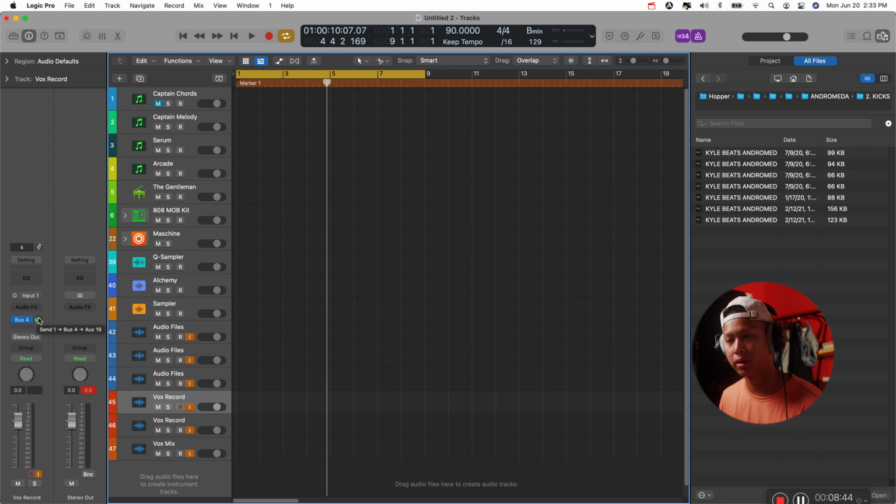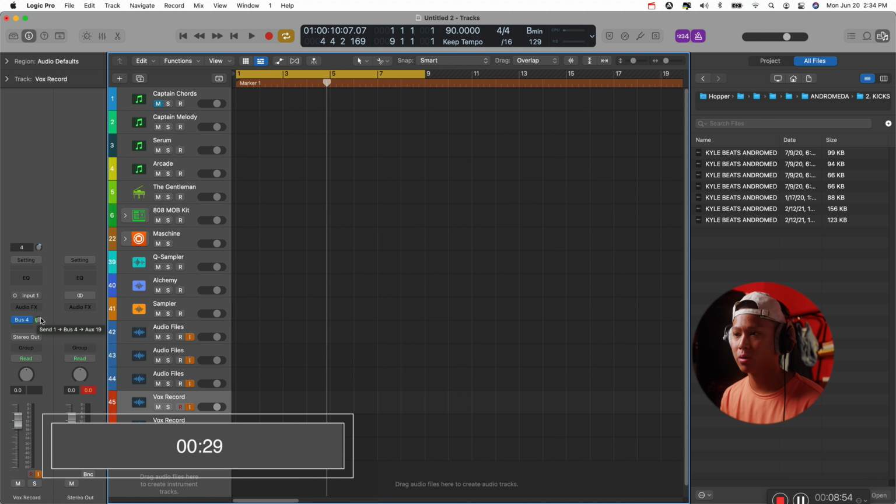If I'm in a recording session, either with an artist or with myself, I like to have a little bit of reverb so I can get in the vibes and just hear myself with reverb as I'm recording. Or I know a lot of artists like to hear that kind of effect as they're recording as well. So it's not just dry vocals. So I have a pretty much empty channel strip here set for if I want to record vocals, but it's routed out to give some reverb so that when they're recording they can hear that.